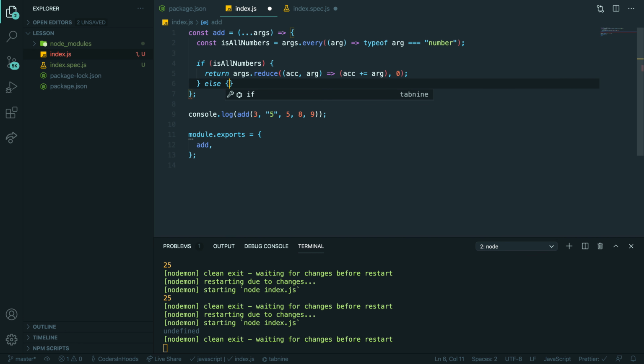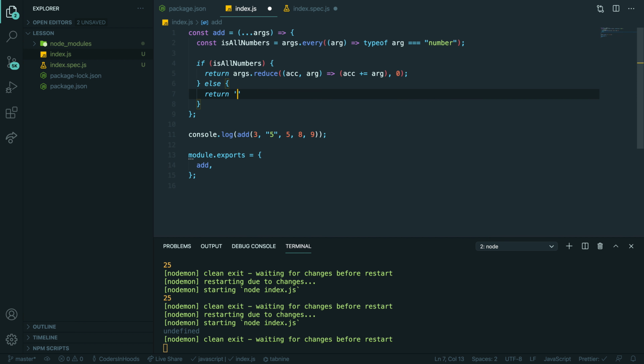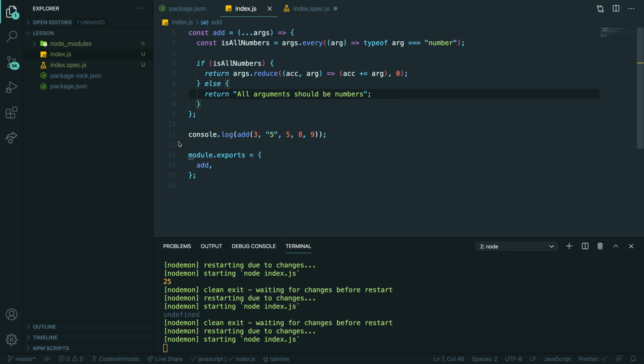Else we want to return a message: all arguments should be numbers, right? So let's test it.